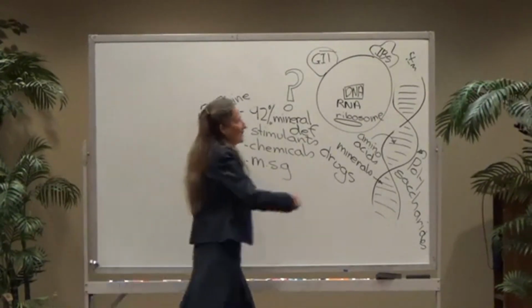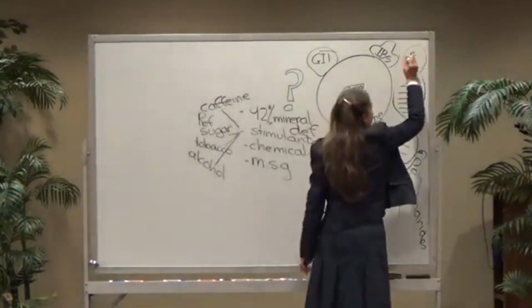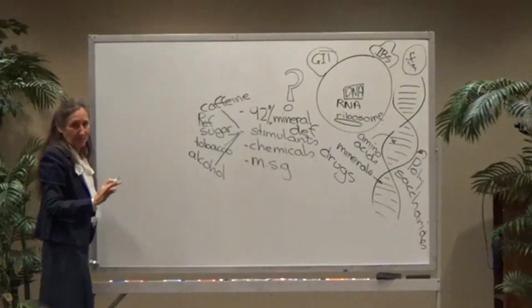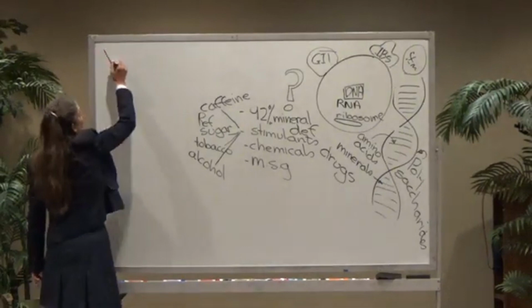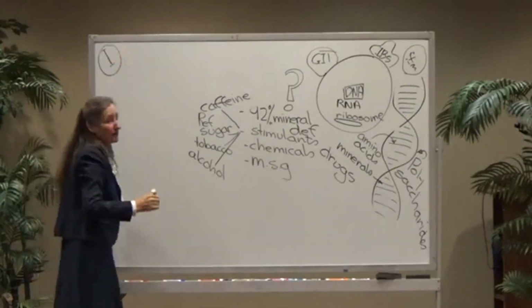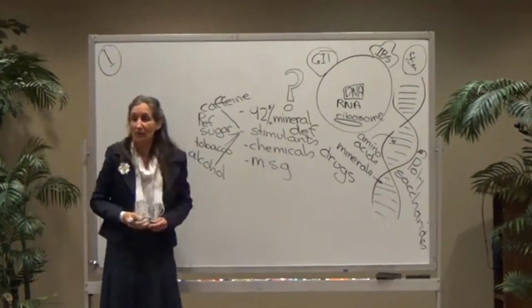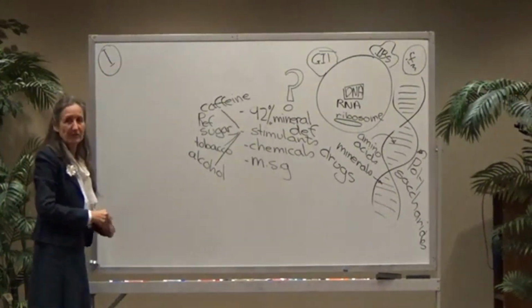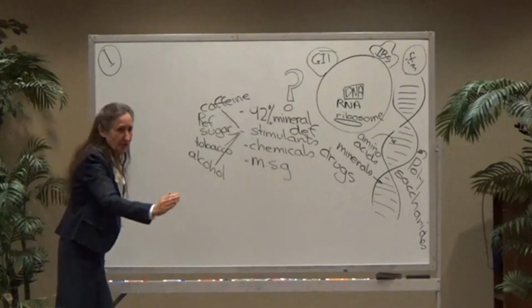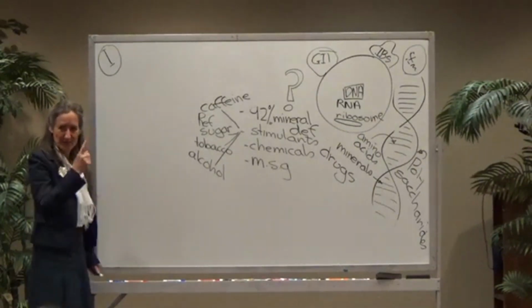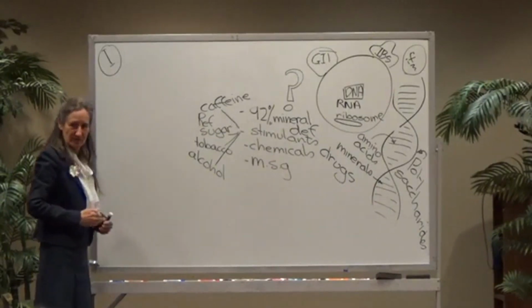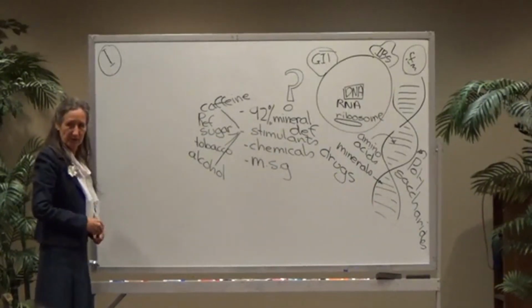I gave you a two-letter word called if. The body will heal itself if you give it the right conditions. And there are some things that must stop. And the one-letter word is I. I am the one that chooses what goes into my body and what does not go into my body. God's government is a government of freedom, and freedom is based on free choice. No, thank you. Always smile. Because it's our God-given right to choose what we do and what we don't do with our body.